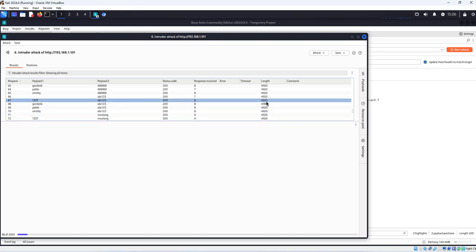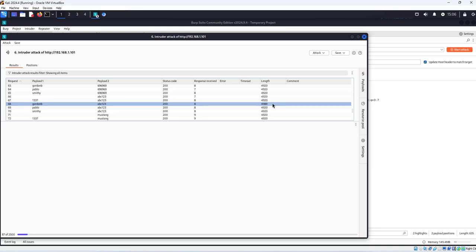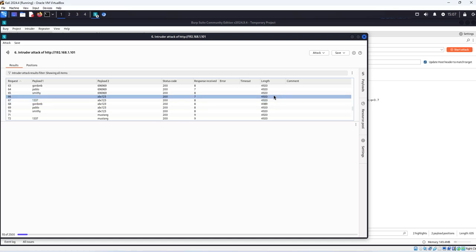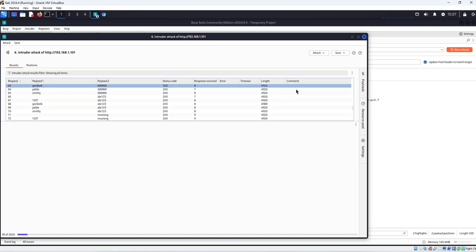Here we go, right? For 1337, the password, no. This is Gordon B, right? Gordon B is ABC123. Okay, notice that this length is different, it is unique. So ABC123 is for Gordon, and then for Pablo